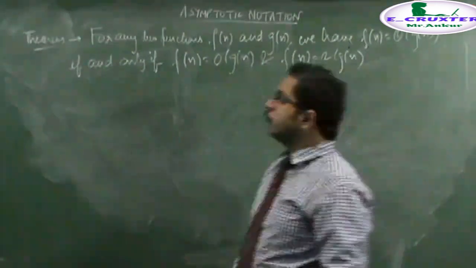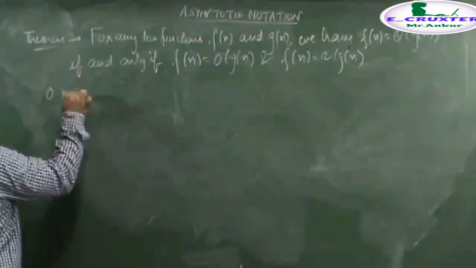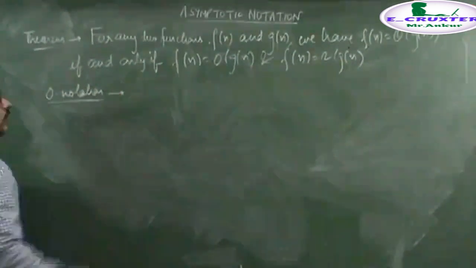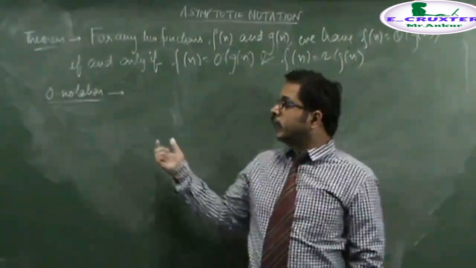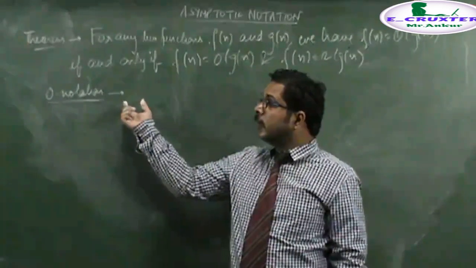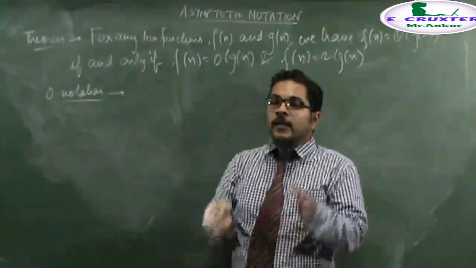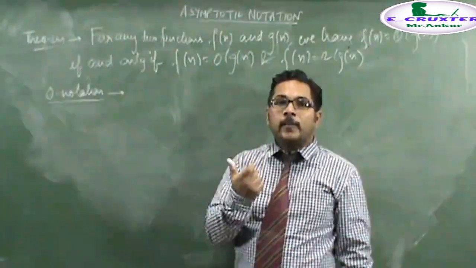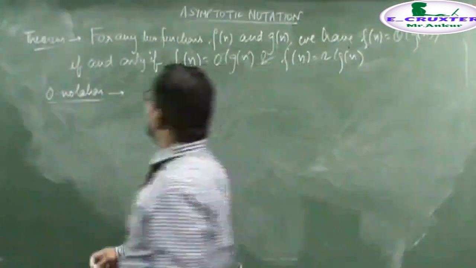Now coming to the next topic, which is basically the small o notation. Just remember, to make a difference, I have told that the big O notation earlier was used to represent both the loose upper bound and tighter upper bounds. But to make a differentiation, we basically use big O notation to represent only the tighter bounds, and we use small o notation to represent the loose bound.